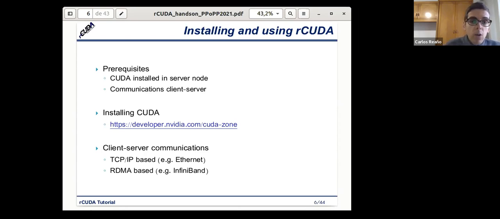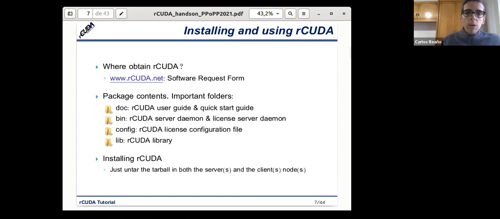For installing CUDA, you just need to go to the NVIDIA website and follow the instructions. For client and server communications, you can use either Ethernet with TCP/IP based communications, or in case you have a high performance network such as InfiniBand, you can use RDMA based communications.